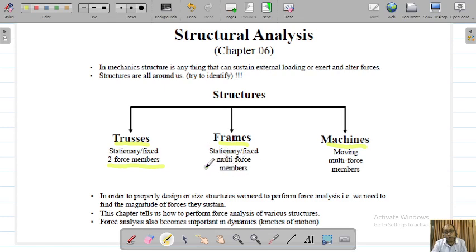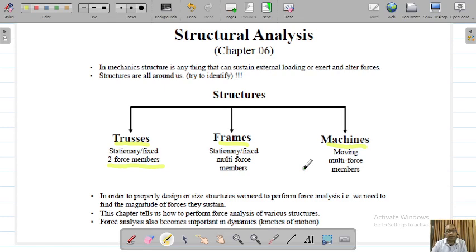This is a very important concept that you must take into account. Machines are moving multi-force members. So there is a difference between frames, machines and trusses. There is a very minute difference between the trusses and frames, but there is a very big difference between the frames and the machines. Frames, as I told you, are commonly used to support various external loads, and